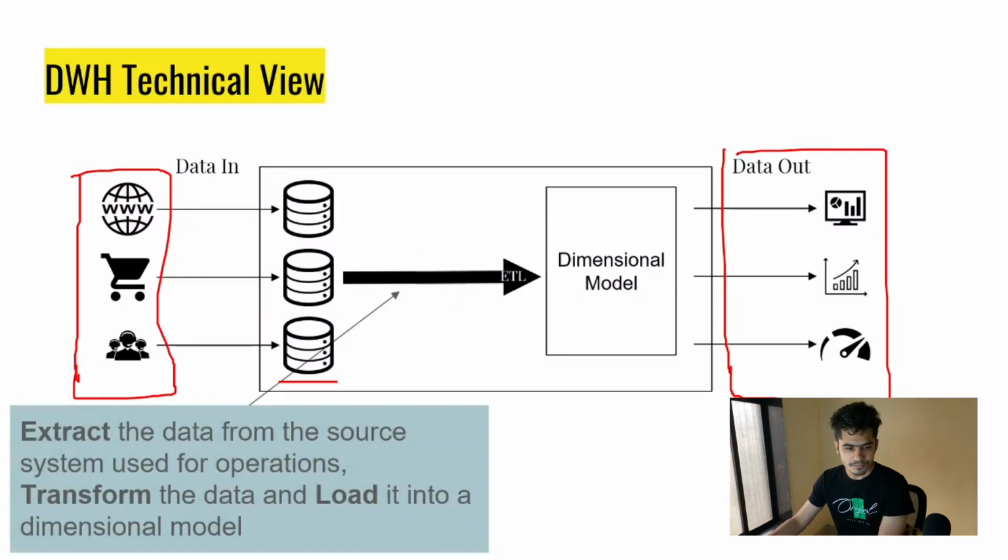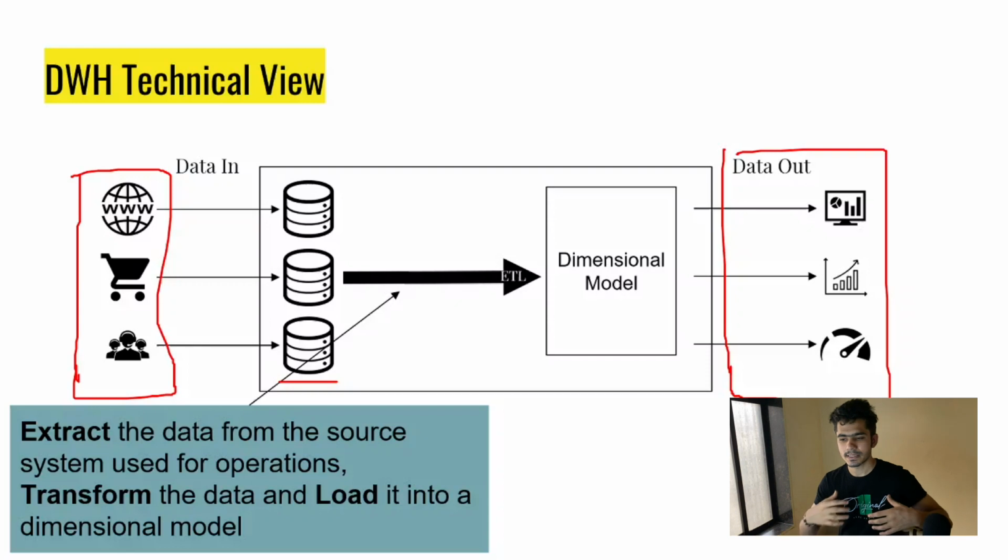Okay, so what is ETL? ETL is basically extracting data from one particular source. In our case, we have this transactional system from where we are extracting our data. Then the second part is T, which is transform. Transform is basically where you apply some kind of business logic, or based on your data model or dimensional model, you apply some kind of logic using a programming language. It can be Python, Java, whatever the programming language, it doesn't matter, or it can be any tool such as Alteryx, Informatica, or any other enterprise tool. So we transform that data and load it into some data warehouse or dimensional model.